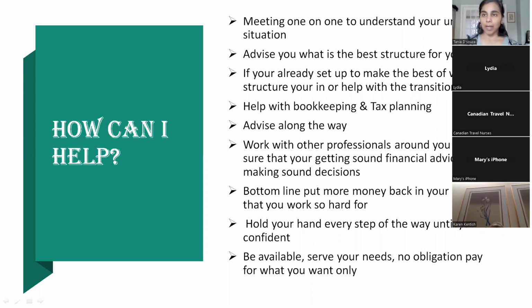Based on the information we discuss, I'll advise you on the best structure. Structure can be tweaked, so we can change at any time, but once you incorporate, that's done. If you're already in a structure, we help you work with that structure, or we help you with the transition. And of course, we help with the bookkeeping and tax planning.